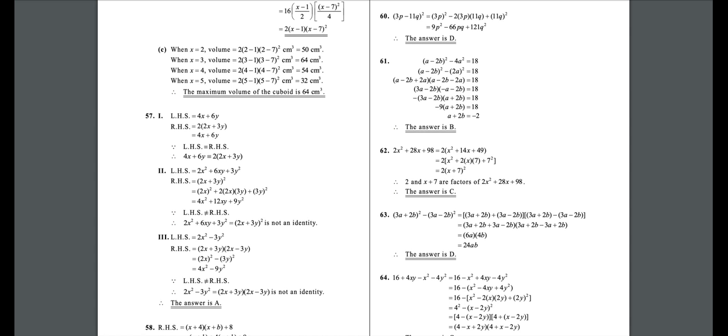For multiple choice questions, I suggest you read the answer, and then if you find any difficulties, let me know. Okay, so that's it. For 67 to 70, if you would like to know the solution, just